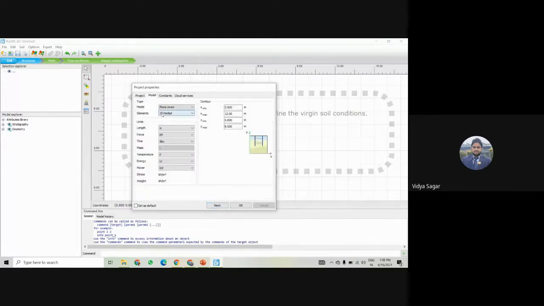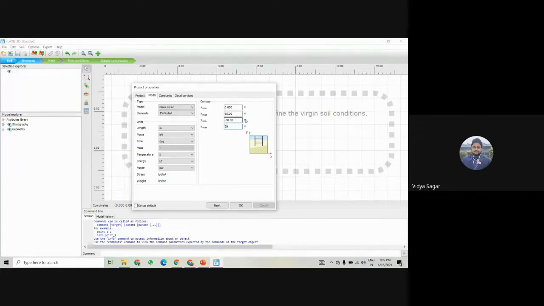So next, the model will be plane strain, element 15-noded, units will be the same. Here you can see the clay is above the ground surface and the sand is below the ground surface. So how will we create that? X minimum will always be 0, and X maximum, the horizontal side, we will take as 65. Y minimum is the downward side, so this is minus 30, which is the sand only, and 20 meters above the ground, we can say 20.